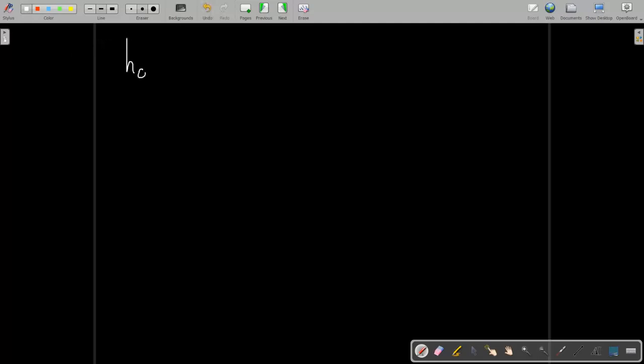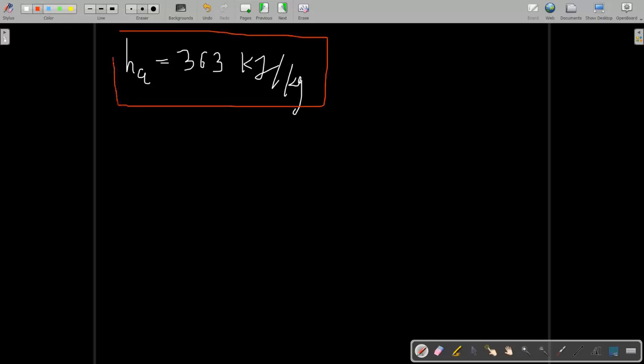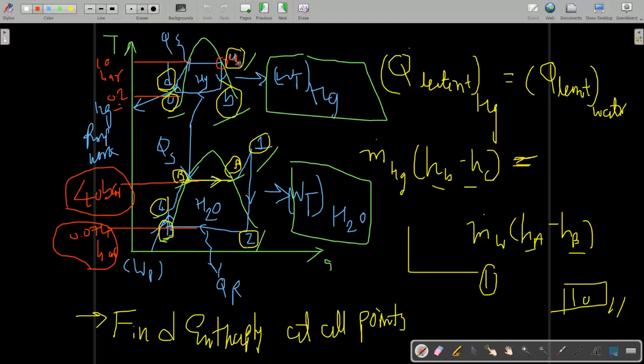Enthalpy at point A, from the mercury table, is 363 kilojoule per kg of mercury. I will box it in red, the final enthalpy. Now to find the enthalpy at point B, you can see this is an isentropic process